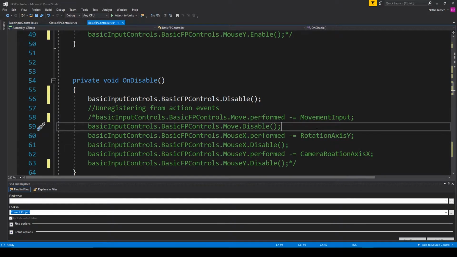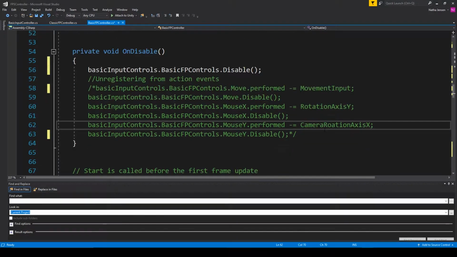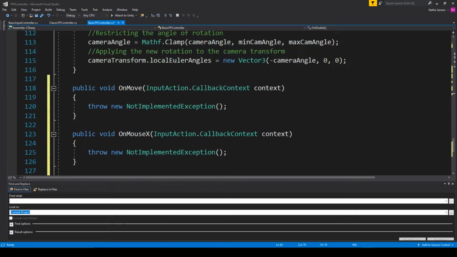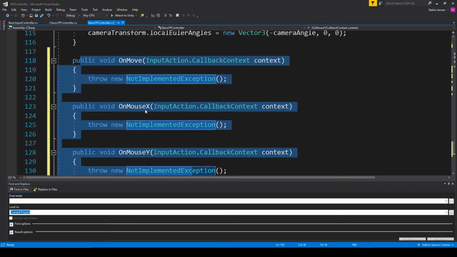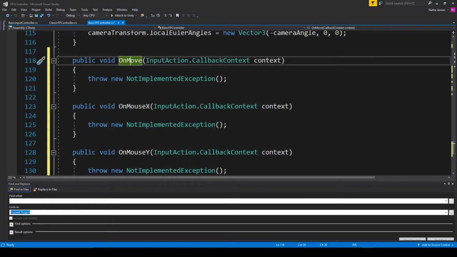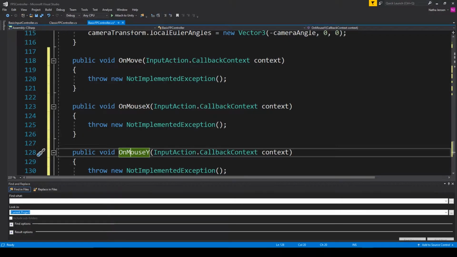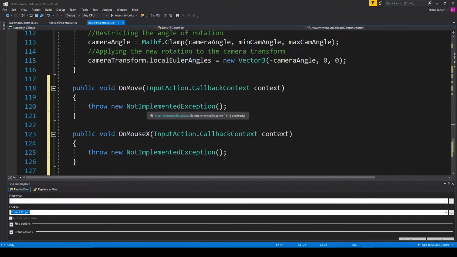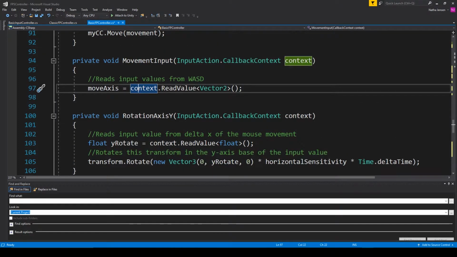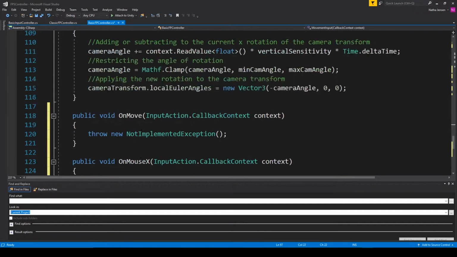Now you might be wondering, how are these functions going to be called now that we've commented out all of these lines? And that's where all of these new callback functions come into play. You'll notice that there's a callback function for every single action in our action map. And so all we have to do is copy the content of our other functions and paste it into these